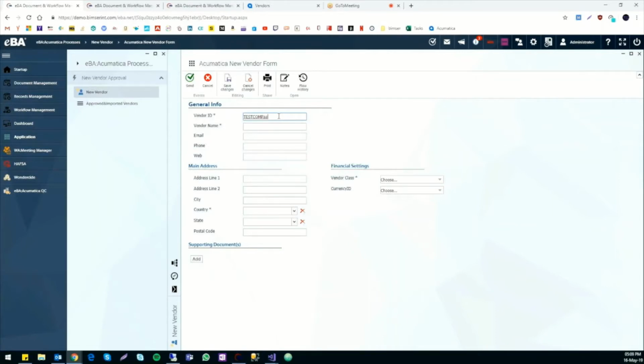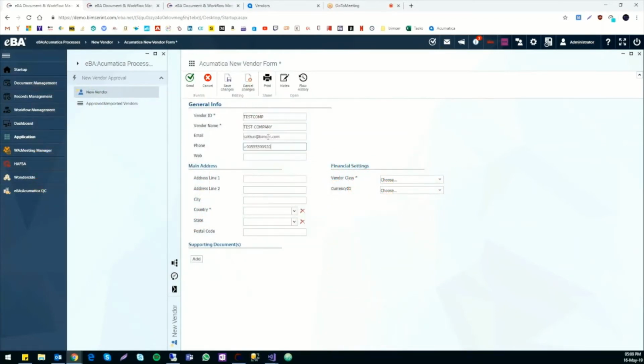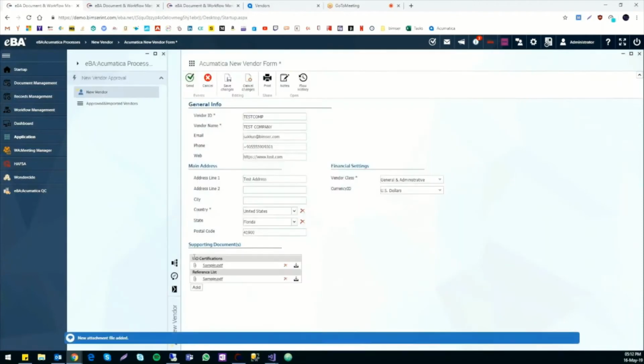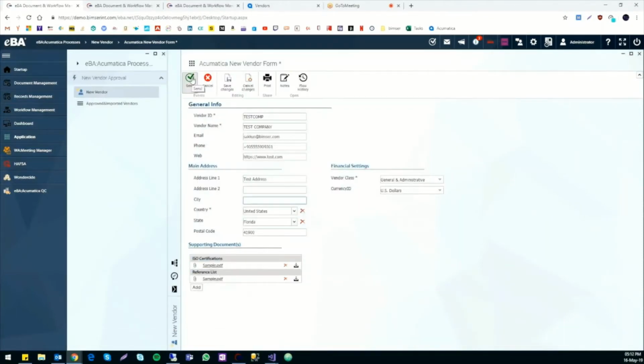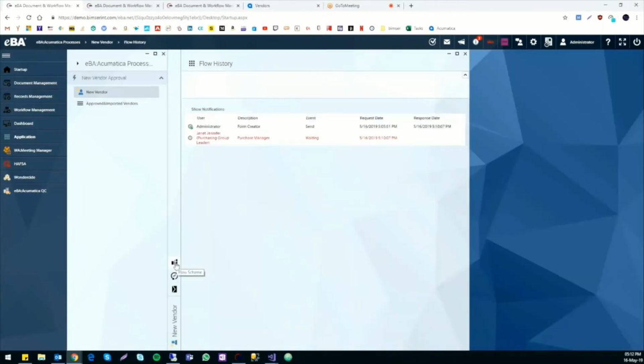All the required fields with an asterisk have to be filled. Otherwise, a notification will pop up as a reminder. Also, there are some restrictions for some fields as well. For example, vendor ID can have a maximum length of 10 letters. Email has to be in a proper email address format. If we want to, we can also attach any documents or files to the vendor form. When everything is done and confirmed, we can hit the send button and the form will be waiting for approval from